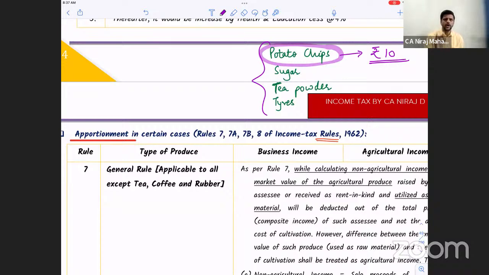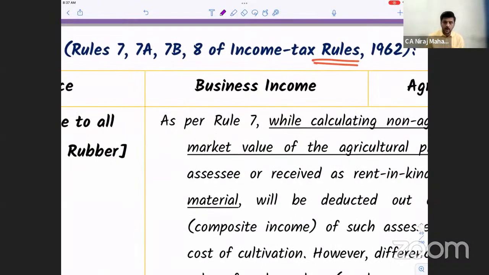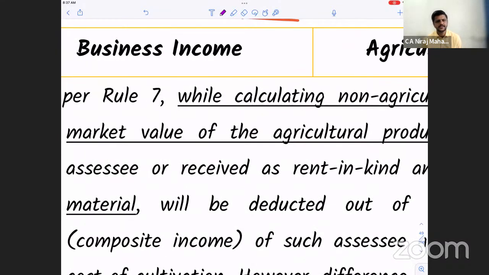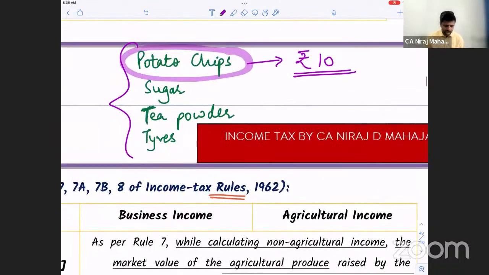It is a mixture of both. That's why we are coming to all of these rules to apportion between agri and business. Correct? Now, we have discussed this, I think so. But I'm selling potato chips. Correct? Till what amount or till when will we say, bacho, this is only agri.